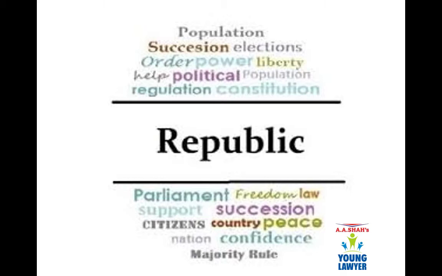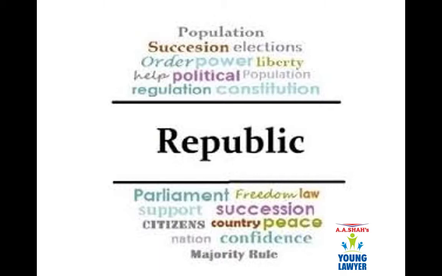Moving ahead, the next word is republic. Now, the democratic polities in the world are divided into two types. One is a monarchy. Monarchy basically means that you have one family which has a king. That sort of a system is seen, maybe, in the United Kingdom. Whereas in India, we have a republic wherein we have an elected head of the country.